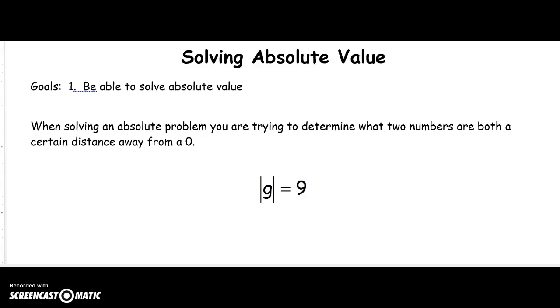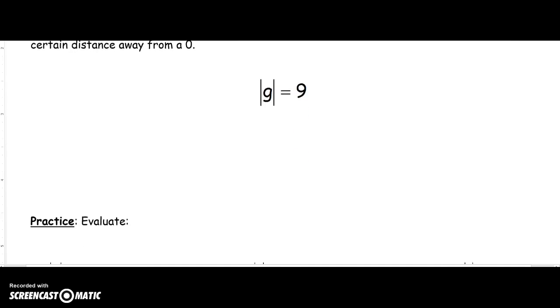Hey guys, welcome back. So we're going to solve absolute value today. Yesterday we talked about absolute value problems and we said that when you have the absolute value, it is the distance from 0. So if you have a negative 9 inside the absolute value bars, it's 9 units from 0. Okay, so when we're solving an absolute value problem, you're trying to determine what two numbers are both a certain distance away from 0. So if I tell you that the absolute value of g is equal to 9,